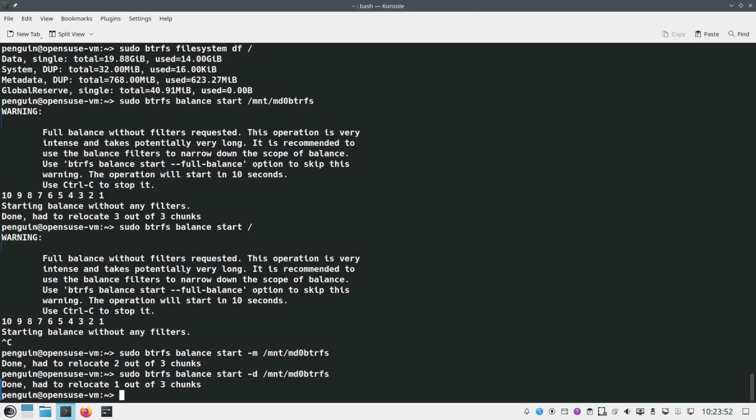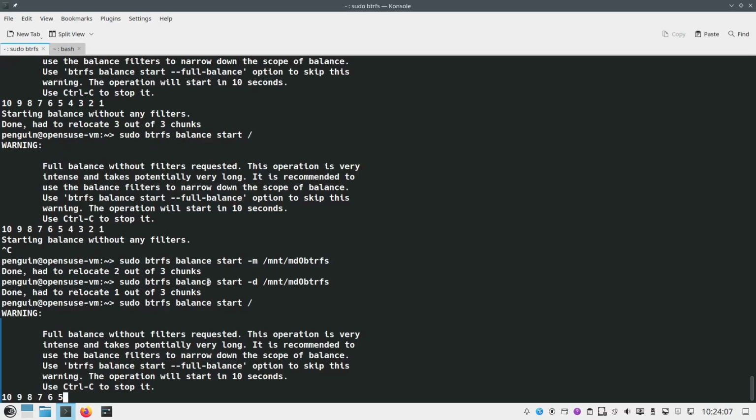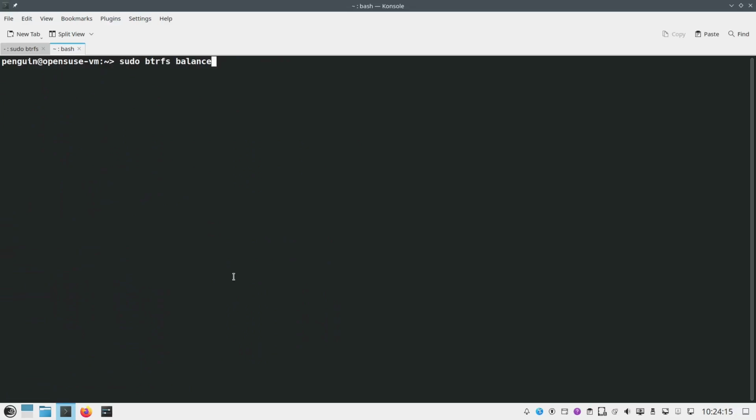Okay. Also, we have to run it again against root to show something here. We can open a new terminal and copy the same command. Okay, and we go to the second one, and you want to check the status of the running balance. It is running, 2 out of 21 chunks balanced. So let's say you want continuous